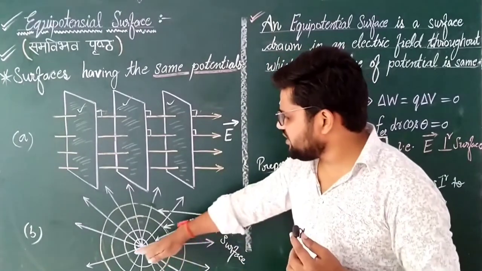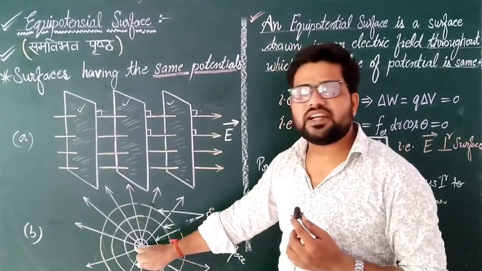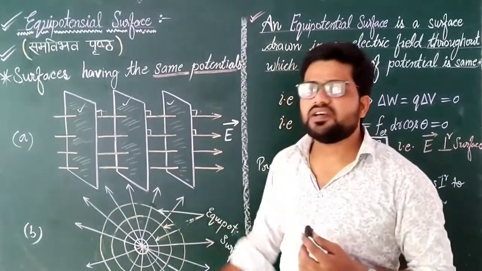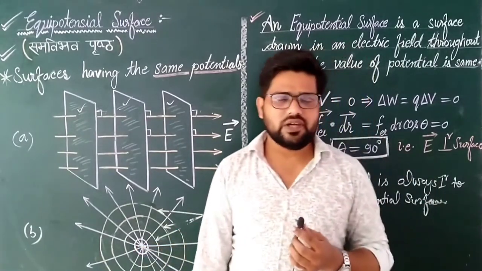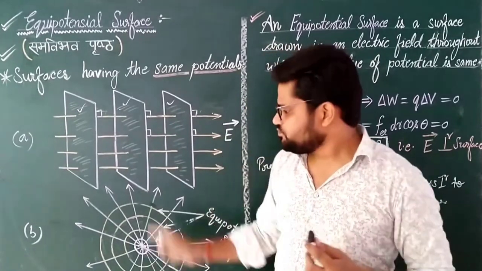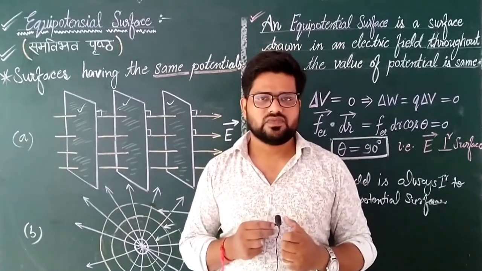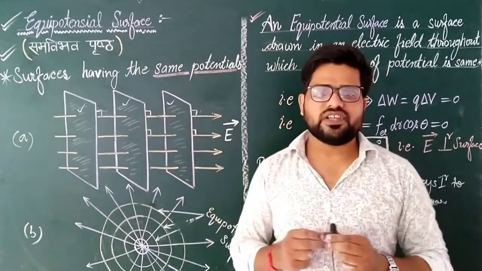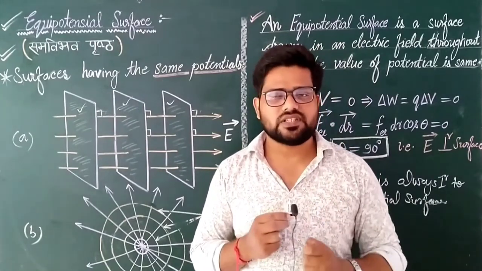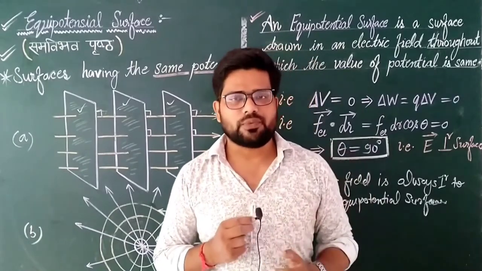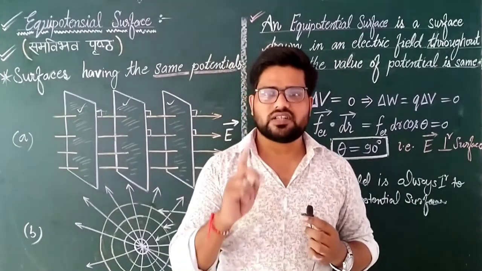Why? The electric field is outward, you know, from a positive charge or inward for a negative charge, and the radius of a circle is always perpendicular to it. So that's why the concentric circles will provide the equipotential surfaces. And from here it is also obvious that the equipotential surfaces never intersect or touch each other. So the second most important property is that equipotential surfaces neither intersect nor touch each other.